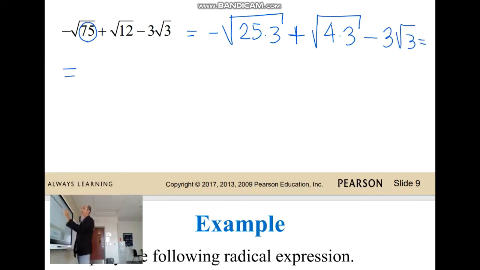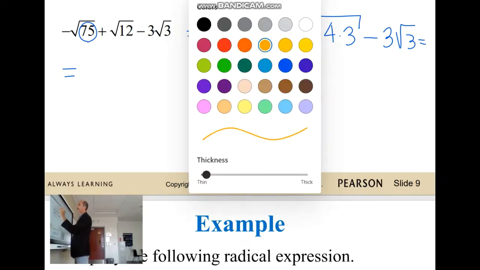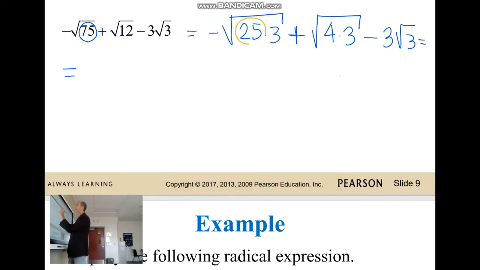And check this out. We can actually take this off outside the radical, because 25 is 5 squared, right? We can move it outside the radical. And 4 is 2 squared. So we can also move outside the radical this as square root of 4 equals 2. Let's rewrite them. Negative square root of 25, 5, and we keep the square root of 3, plus